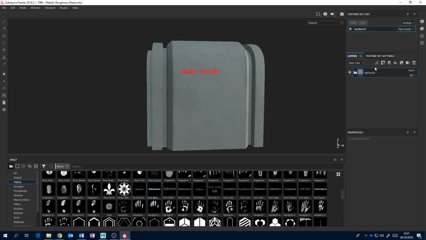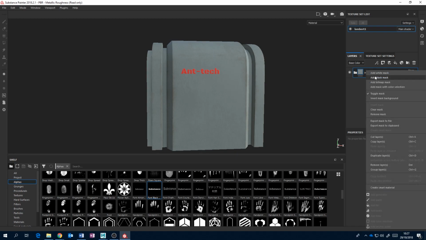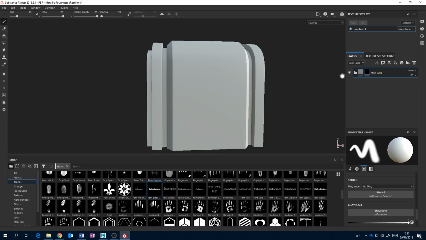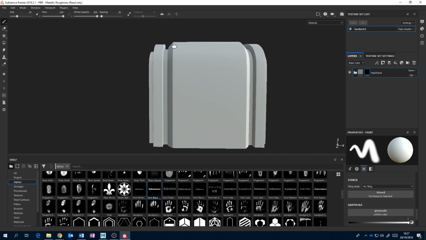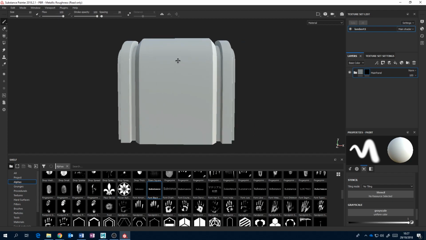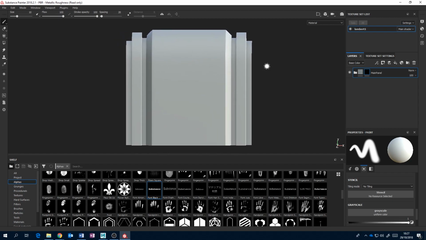And I'm going to apply a mask to the folder. And it's going to be a black mask. So everything disappears now because nothing in this folder is actually showing. So what I want to do is paint into this mask only this central section. I'm going to go to orthographic, make sure I'm snapped, and I'm going to put symmetry on, which is going to make this a lot easier as well. Now into this mask here, I'm going to put a paint,